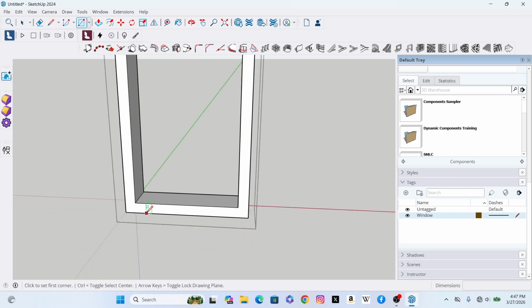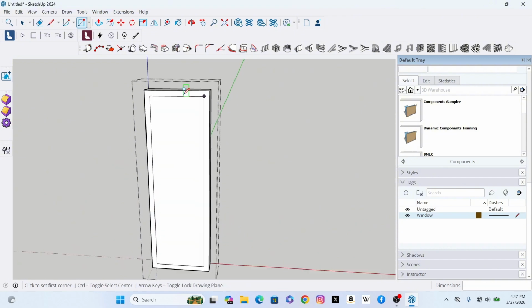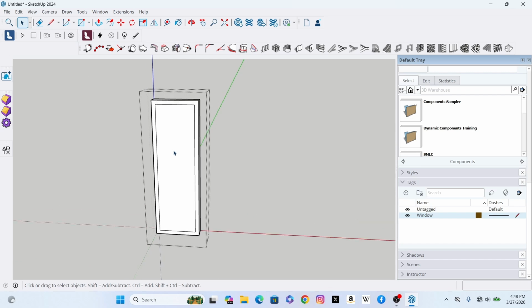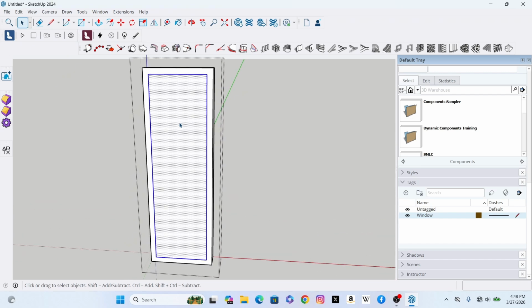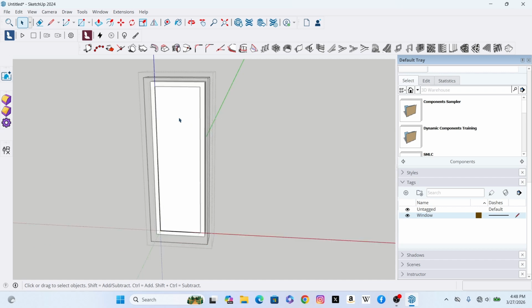Then next I'll click at this point, then stretch out my cursor up to this point. All right, so still I'll click at this arrow key, then come back to my window over here, double click. Then next I'll right click, make it a group also. I'll open up that group,